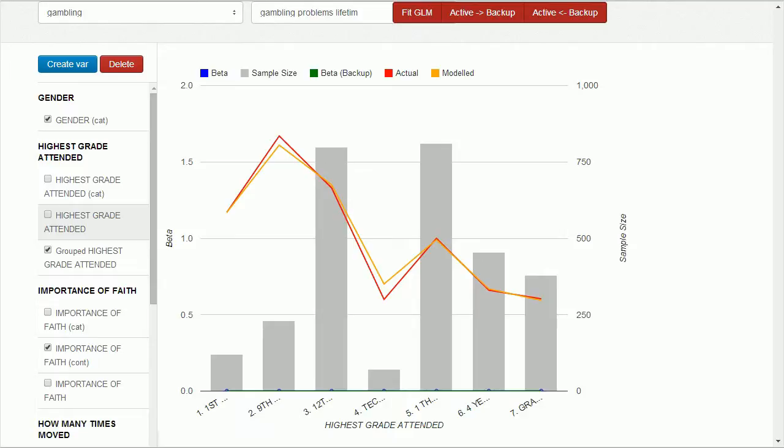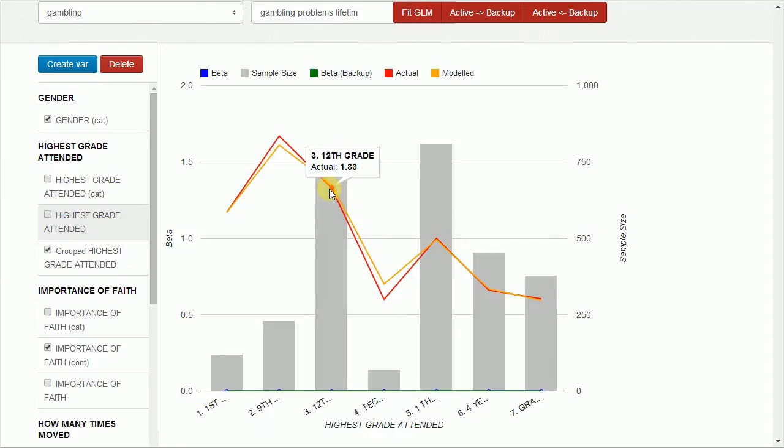Why do we now have a red and orange line, as opposed to just the red line from before? As mentioned in an earlier video, the red line is the relative response variable per weighted record, scaled for each level or each category, so that the base level, in this case 1 through 3 years of college, is exactly 1. Relative to gambling problems for respondents in the 1 to 3 years of college level, respondents up to 12th